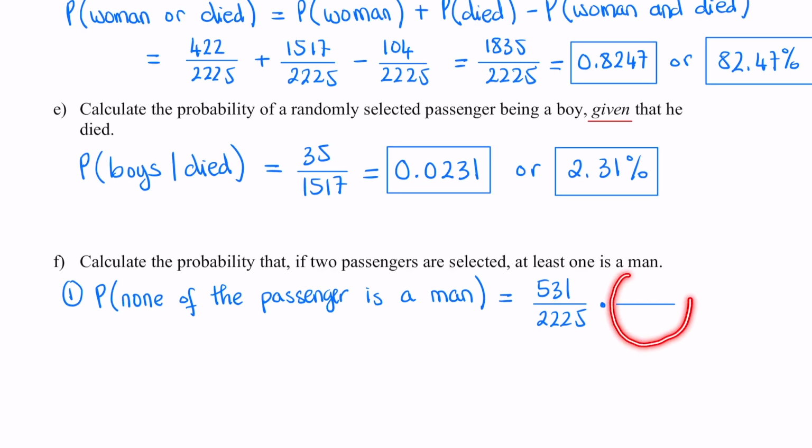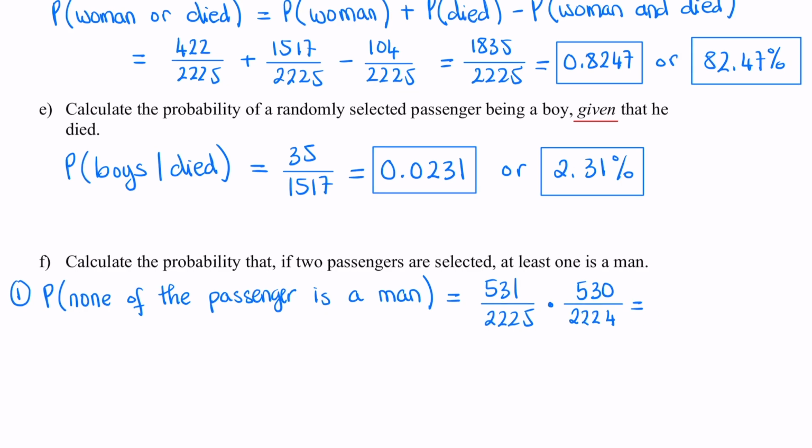Now we multiply by the probability that the second passenger is not a man. There were 2,225 passengers in total. We took one out already, so there are 2,224 passengers left. There are a total of 531 non-man passengers. We took one out already, so there are 530 left. 531 divided by 2225 multiplied by 530 divided by 2224 is